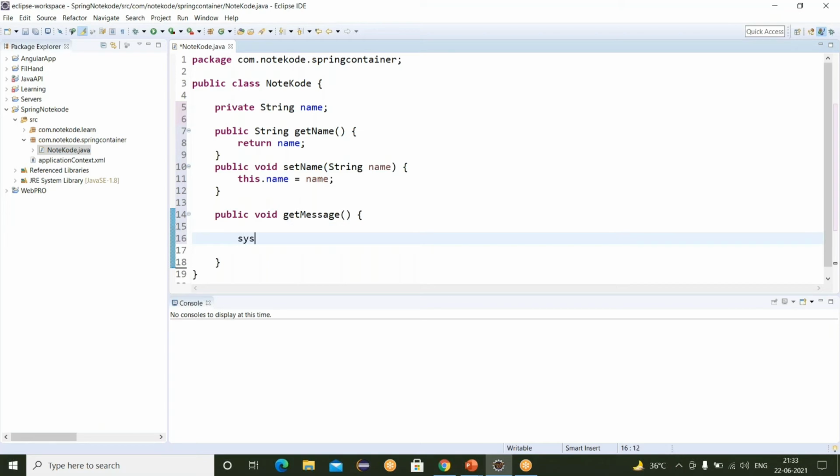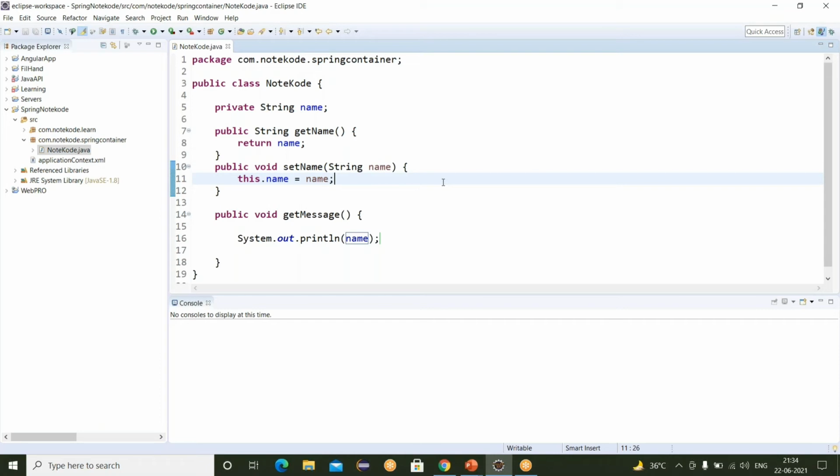Here I'm writing the print statement. In this I'm writing the variable name. Just save this. So you can see our Spring Bean is created here. This is also known as our POJO class.